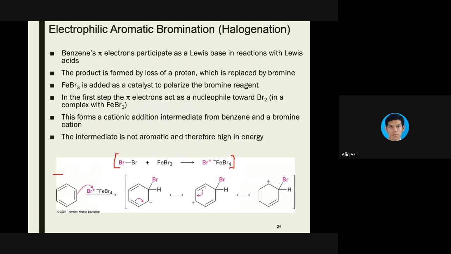So starting from here, the mechanism is the same. This is considered to be step 1. The only difference for all of the 5 reactions is this one,